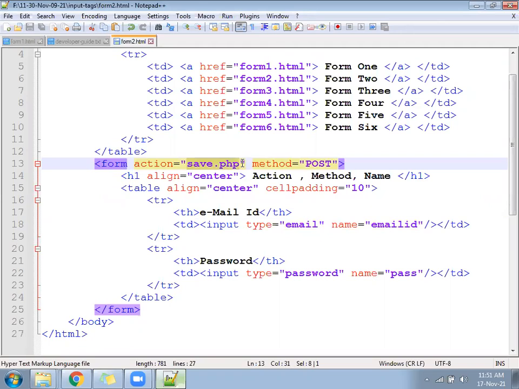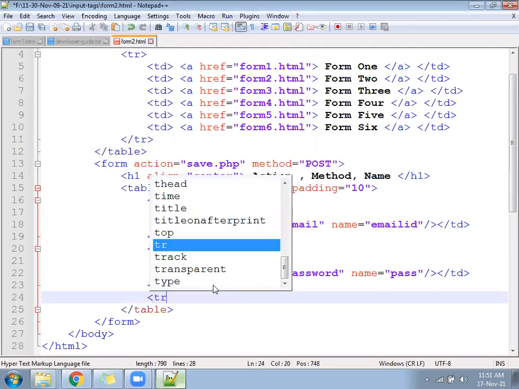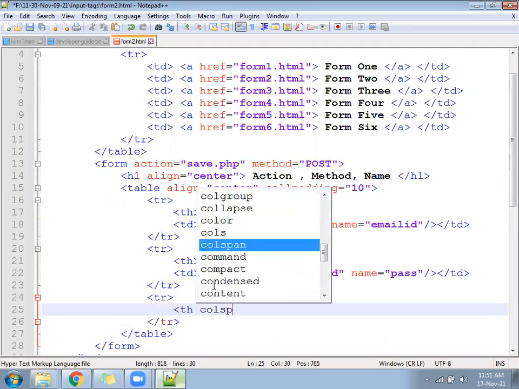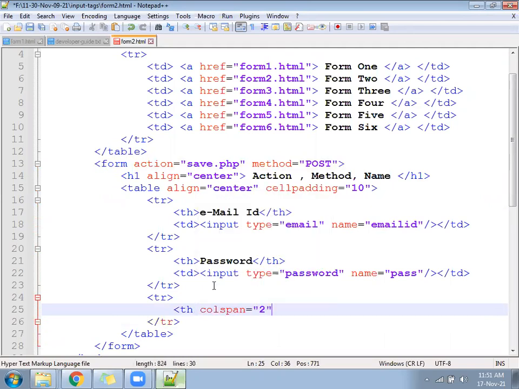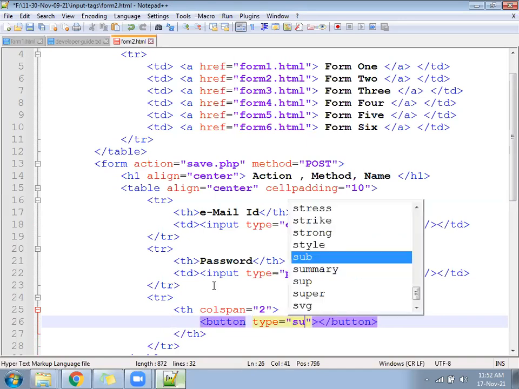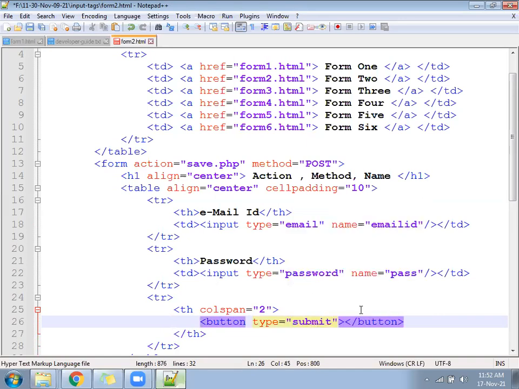Okay, let's create the button first, then you will see. Write a tr, follow the th, colspan equal to 2. Inside that, we will follow a button. First button will be type. We have different types. One is called submit. Another one is called reset. Login I wrote here.